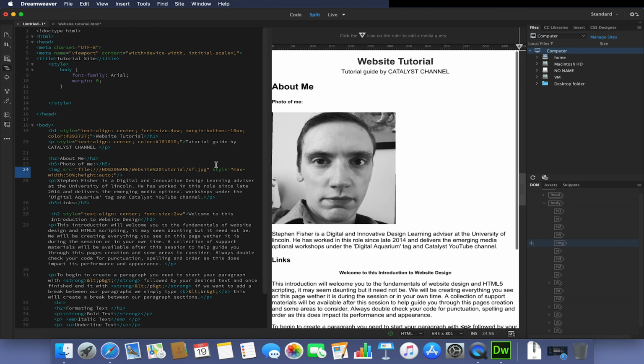So the good practice always, when we're working with images, is to always add some alt text in there in case the image doesn't load. So I'm just going to add a space before my style within my image tag, and I'm just going to type in alt, which means alternative text, equals, open quotation marks, and I'm just going to add in some text that says